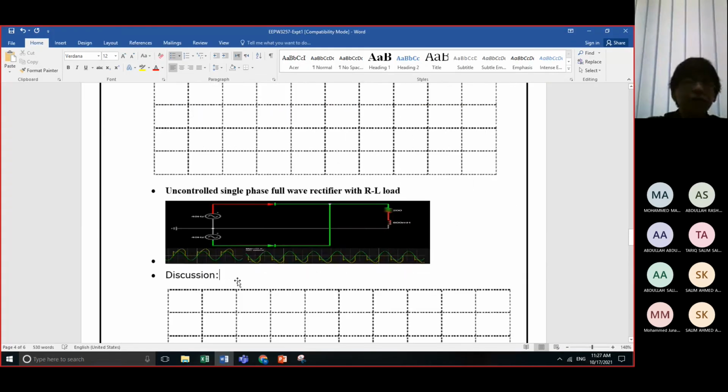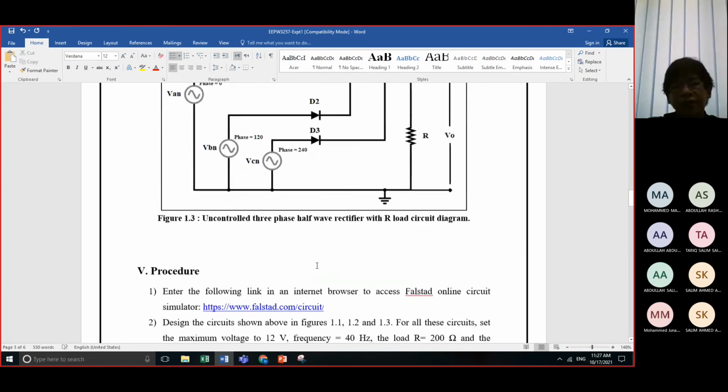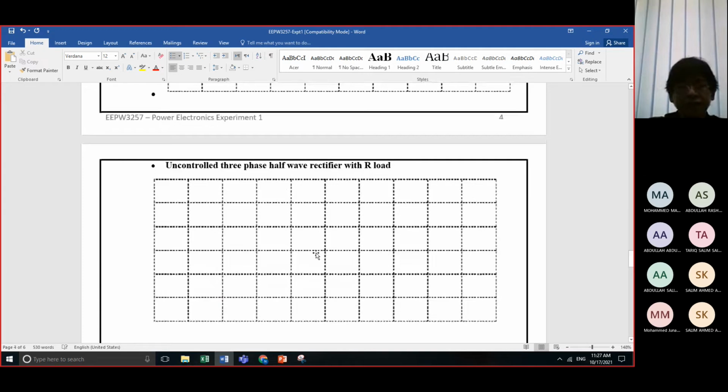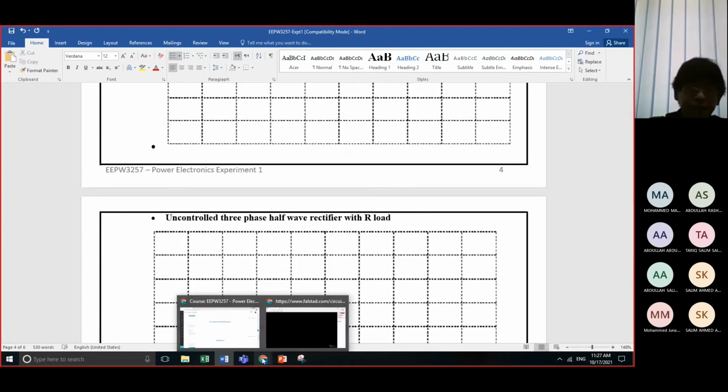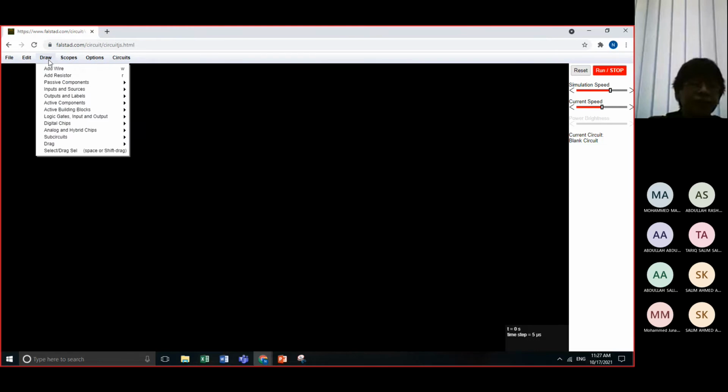Okay. So since the circuit here, as you've noticed, how many diodes? There are 3: 1, 2, and 3. And then supply, there are 3 also. From here, I will go to pulse stud. 3 diodes.